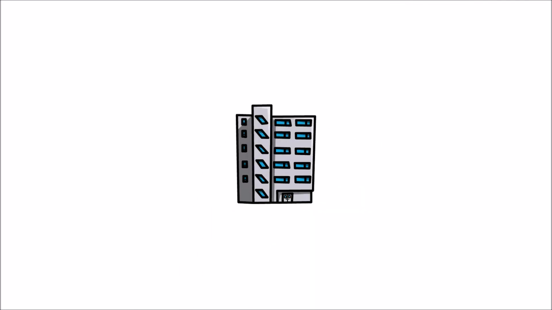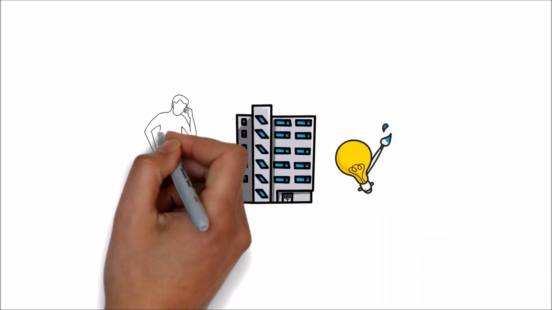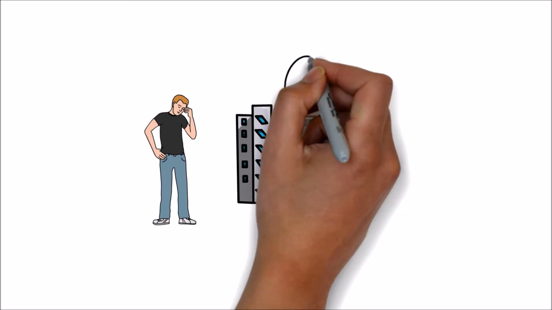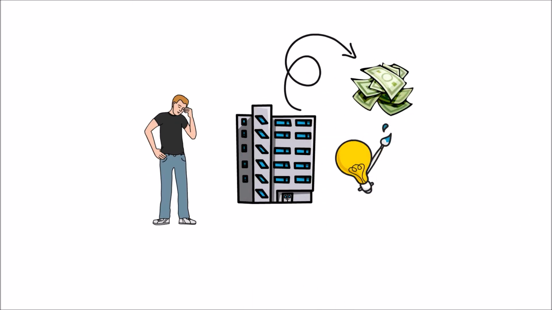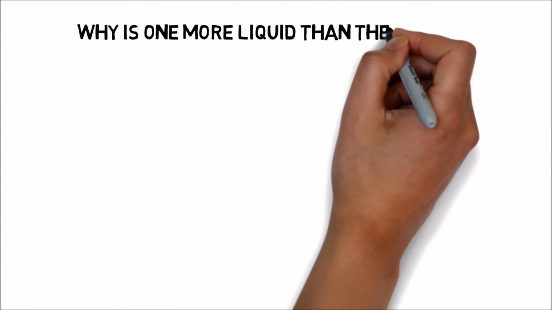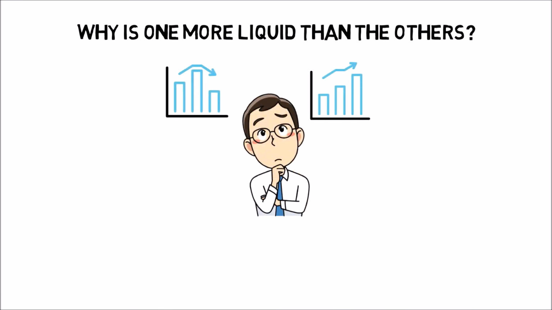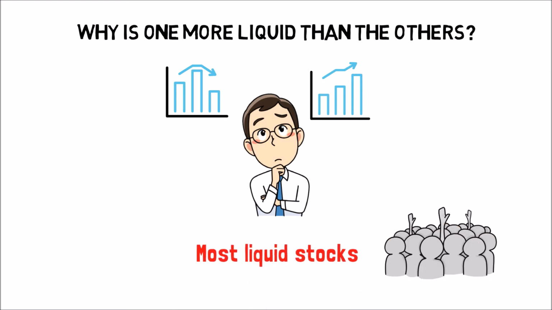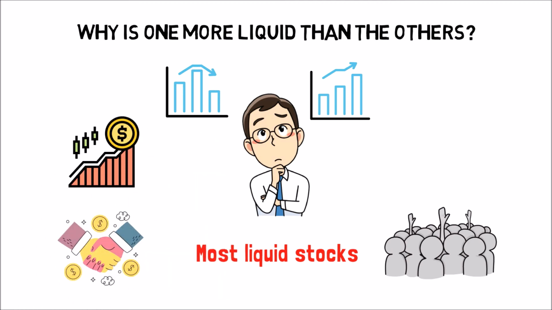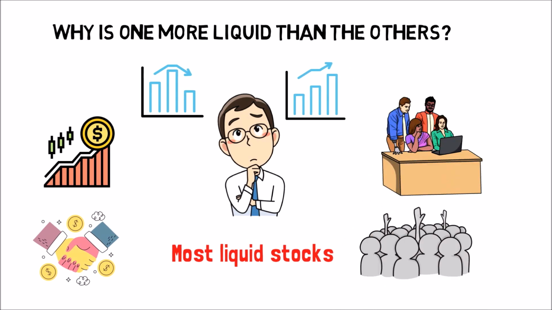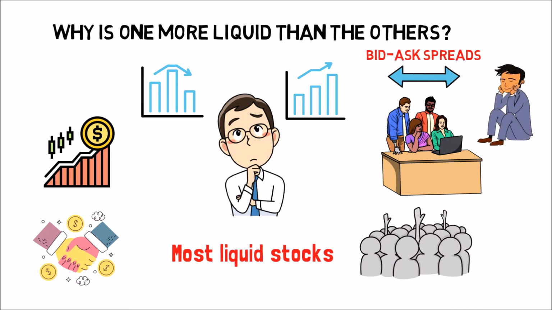Illiquid assets such as real property and some forms of art are difficult for individuals to sell quickly, but can be converted into cash if necessary through various means, e.g. auction. Why is one more liquid than the others? A lot of people ponder over why one stock is more liquid than another. The most liquid stocks are the ones that have a lot of interest from different people and which trade a lot. Market makers will buy them because they know how much there is to buy. The stocks for smaller companies have wider bid-ask spreads, so it's harder to sell them without making too much money.